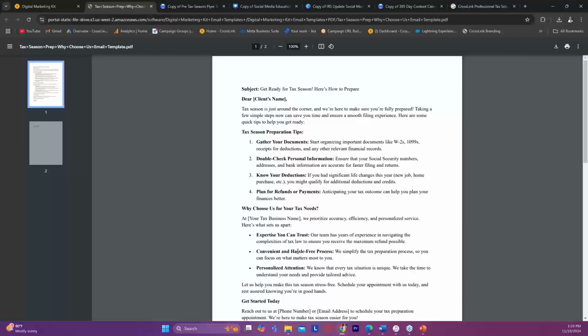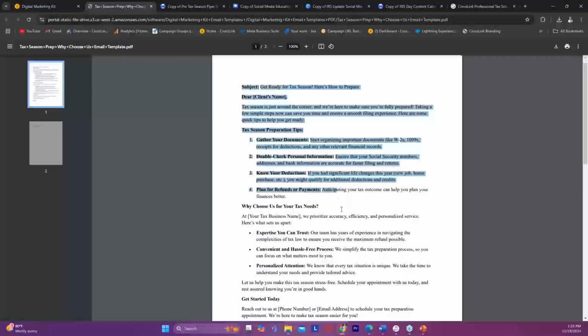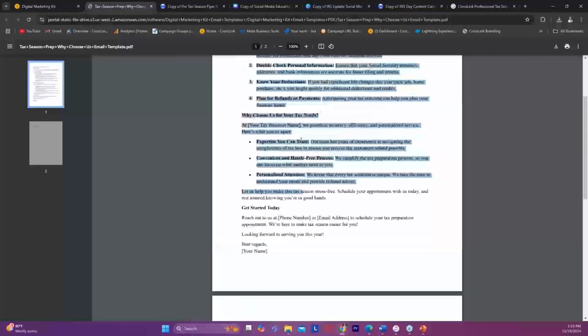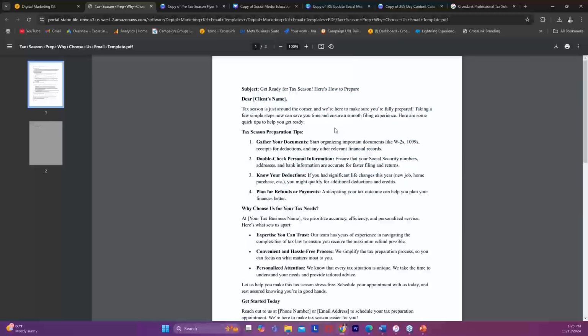So these are just templates of, for example, tax season prep and why you should choose us. This would go to prospects that you want prior to tax season. This is something that you can send out right now. You can send out in December before tax season starts. All you would have to do is highlight the text, copy it, paste it into your email builder, and send